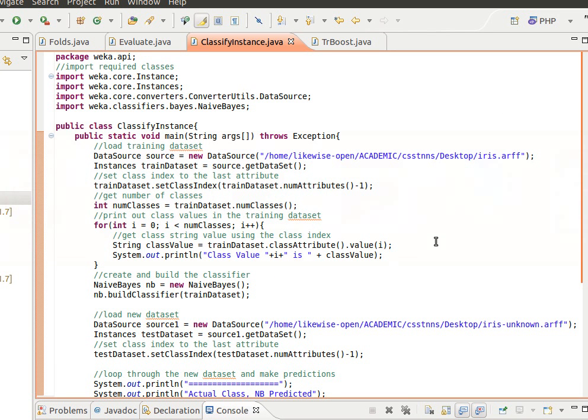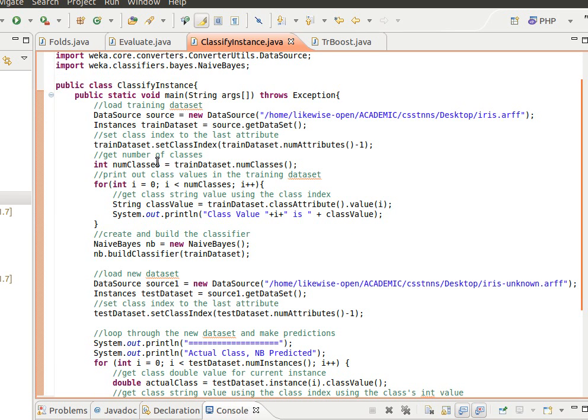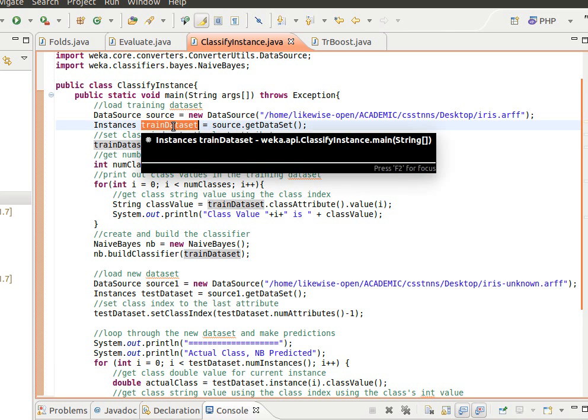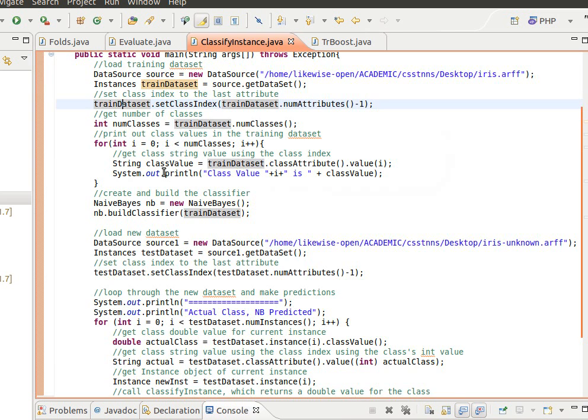Now notice we're going to have a few new methods now, but all of them will be quite useful. We load the classes the usual way. I have here the iris dataset, just load it and set the class index as usual. I'm calling it here train dataset, and notice now there's a method in class Instances called numClasses. We can use it to get the number of classes,